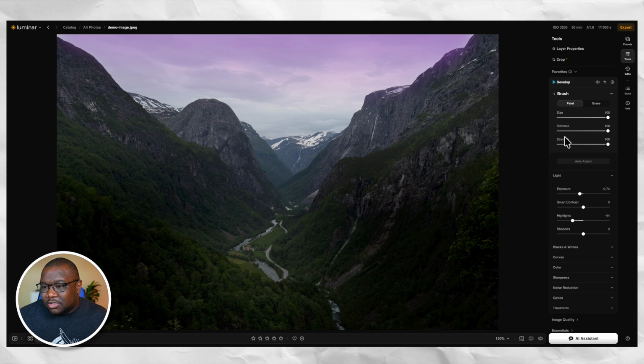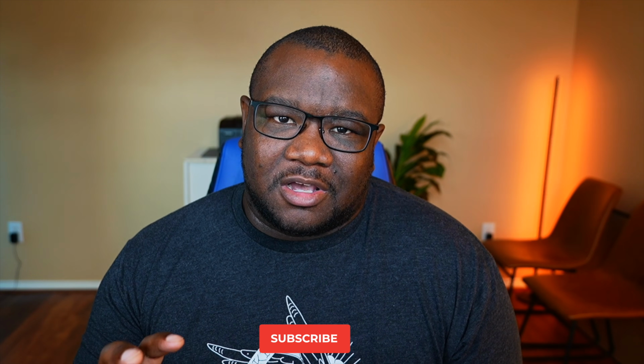That is just a quick sneak peek of the new masking engine coming to Luminar in the